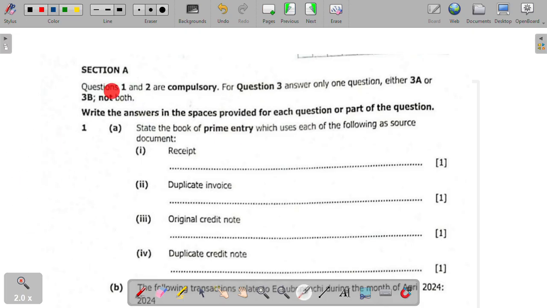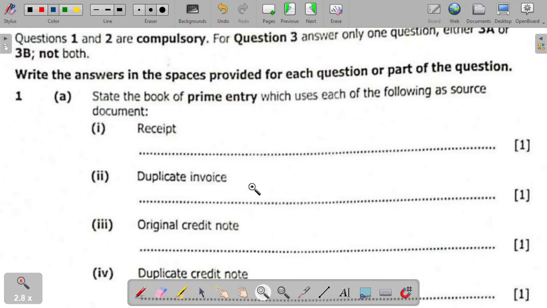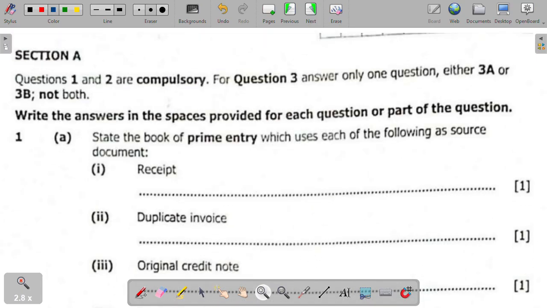So the first question is, question 1 and 2 are compulsory. Write the answers in the spaces provided for each question or part of the answer. Question 1A states, state the book of primary entry or prime entry which uses the following source document. Let me zoom a bit again. Receipt, which book of prime entry uses a receipt? The book of prime entry that uses a receipt here is